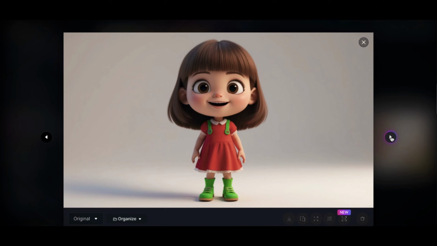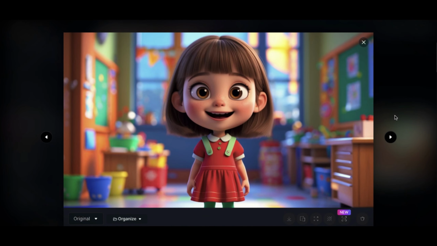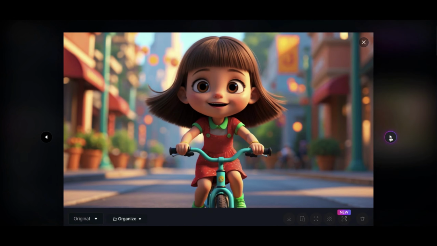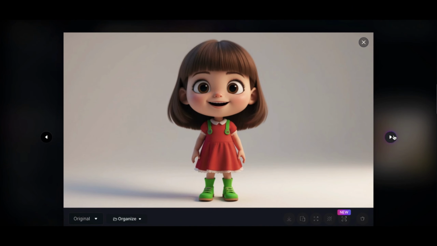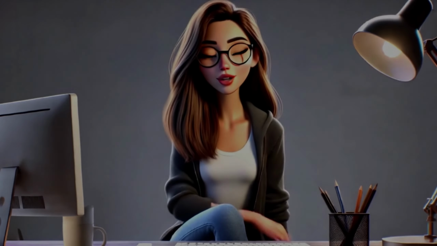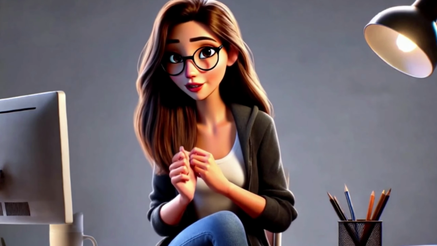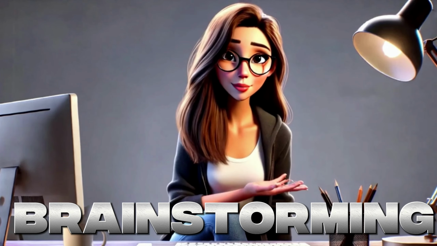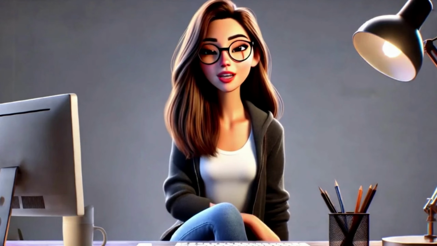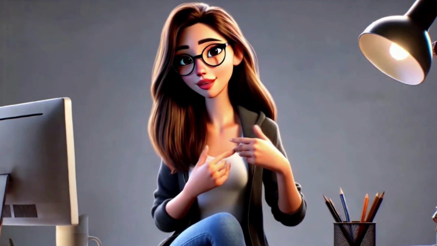For example, you can describe your character in a park, then at a school or playing a sport. This helps maintain the character's core features while adapting to various scenes. You can copy same process if you're using the flow state. This unique feature is amazing. This approach is perfect for brainstorming and refining your character until you find the ideal generation that fits your vision,